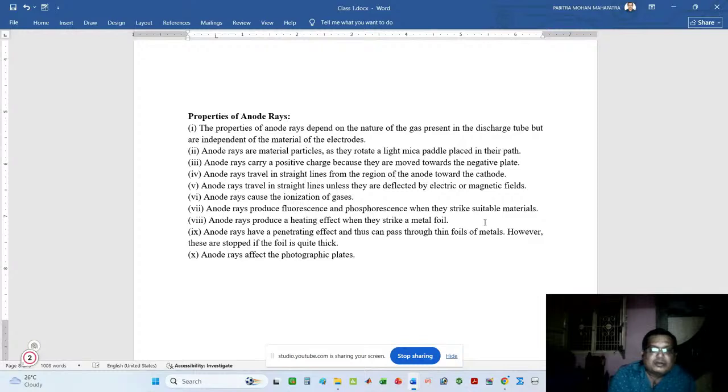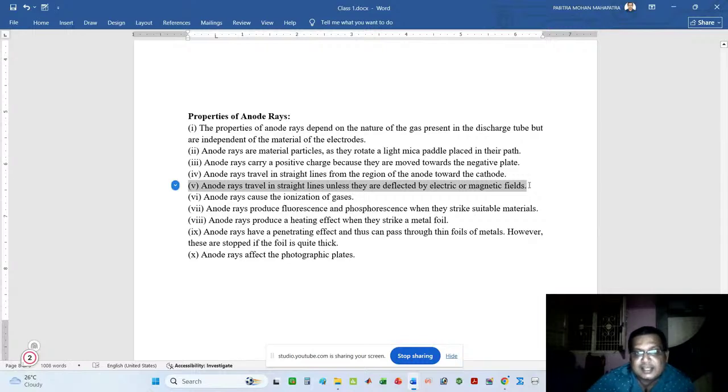But if you think about the cathode ray, you can say that the cathode ray travels from cathode electrode to anode electrode. So anode ray carries a positive charge because it moves towards the negative plate. Next, anode ray travels in a straight line from the region of anode towards the cathode. Next, anode ray travels in a straight line unless it is deflected by electric or